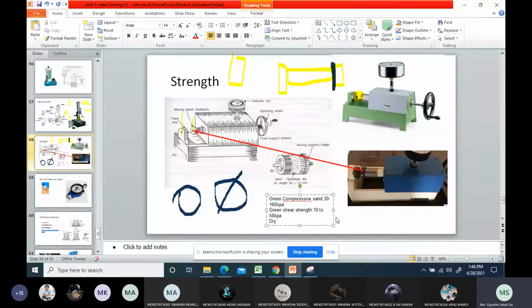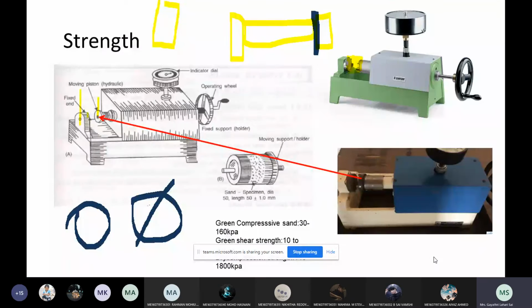So in your college, after writing this, I will explain. Kilopascals. Right, so all of you note these values. In your college, you will be given an experiment to test the sand specimen. So the procedure will be...